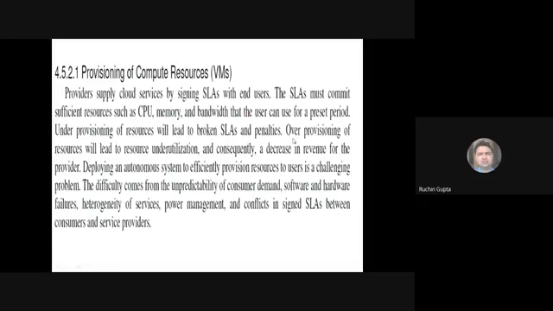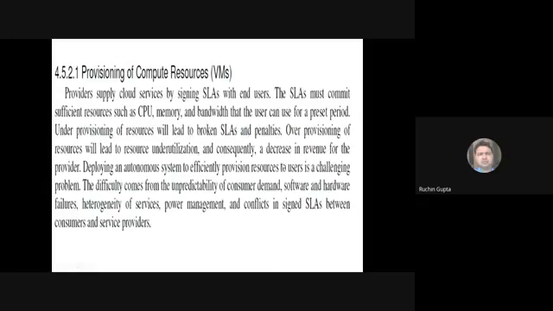In case of the over provisioning of resources, if more resources are being provided to the consumer than the listed number of resources in the SLA, it will be actually a wastage or underutilization of resources. Okay, so both the situations, over provisioning and under provisioning, are not favorable, right? And what can happen in such scenarios? The service provider has to find out some mechanism so that the right amount of resources can be provisioned, can be made available to the consumers.